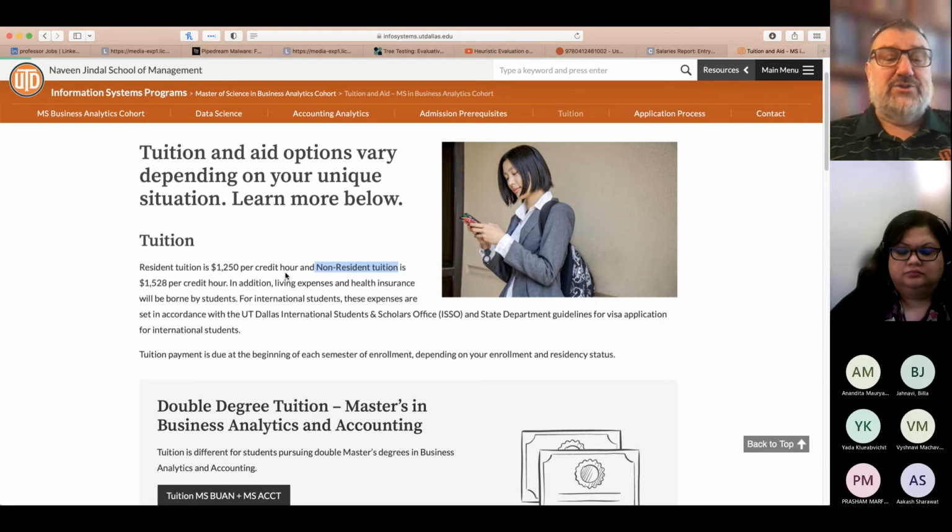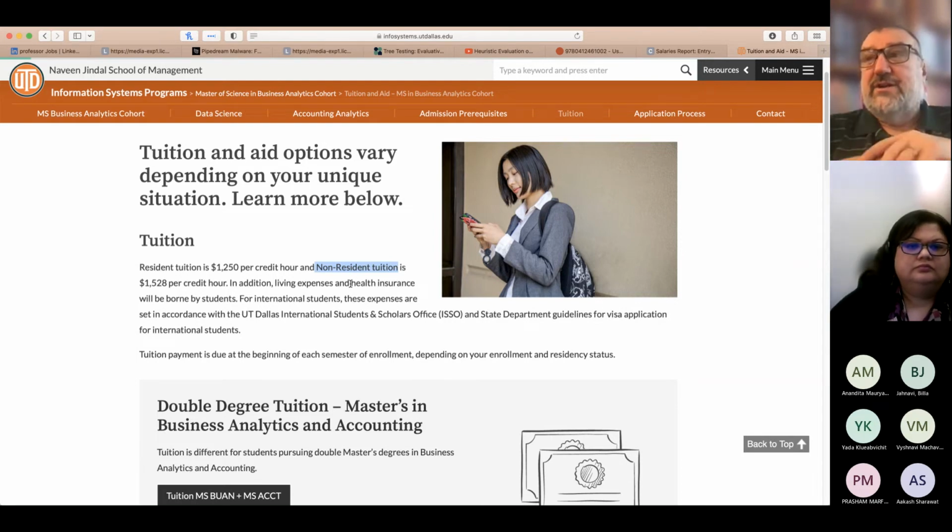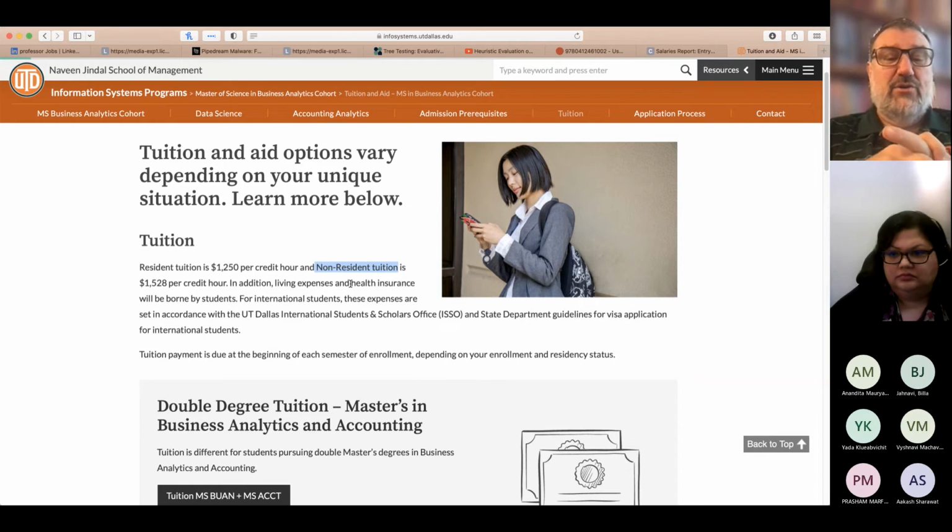In addition to that tuition, your living expenses and your health insurance, which right now, last time I checked, Fatima, comes to about $1,330, give or take a few dollars per semester, is the only expense